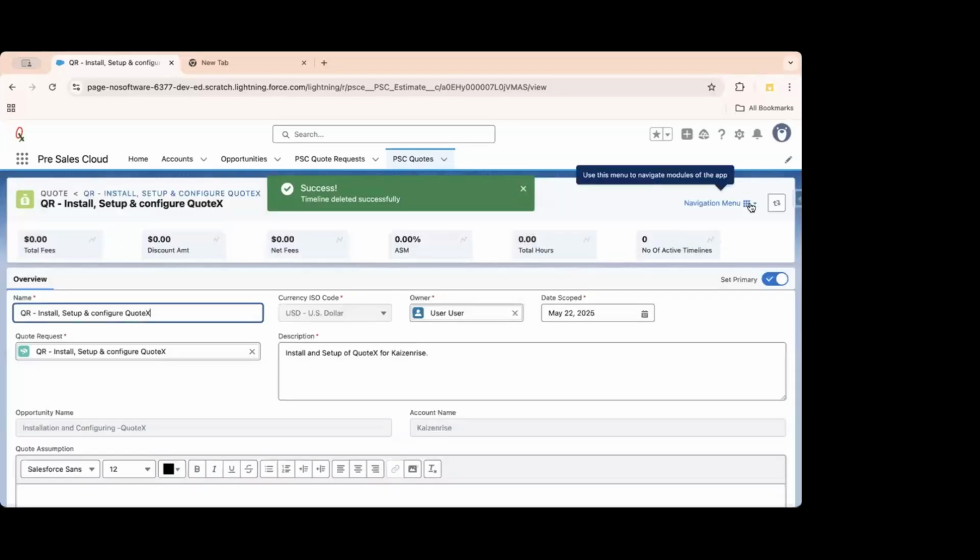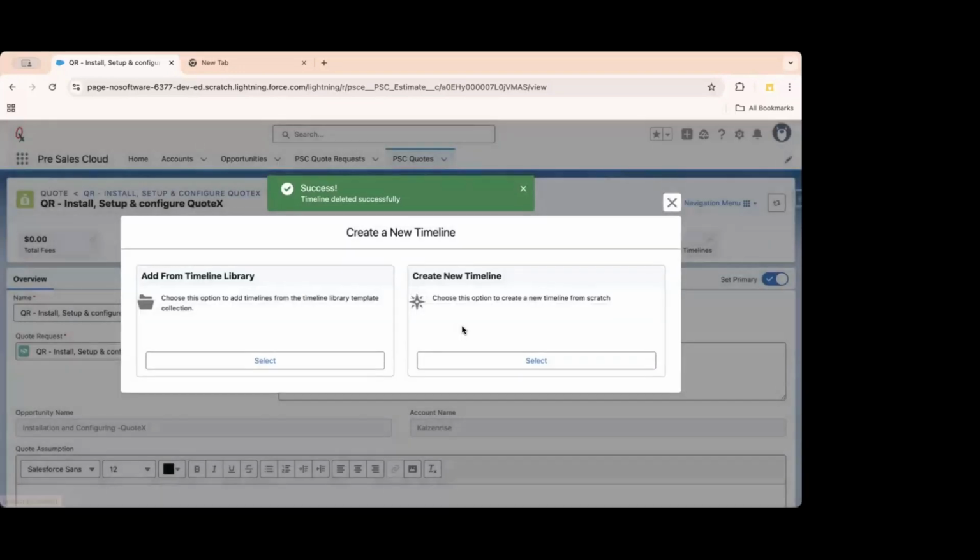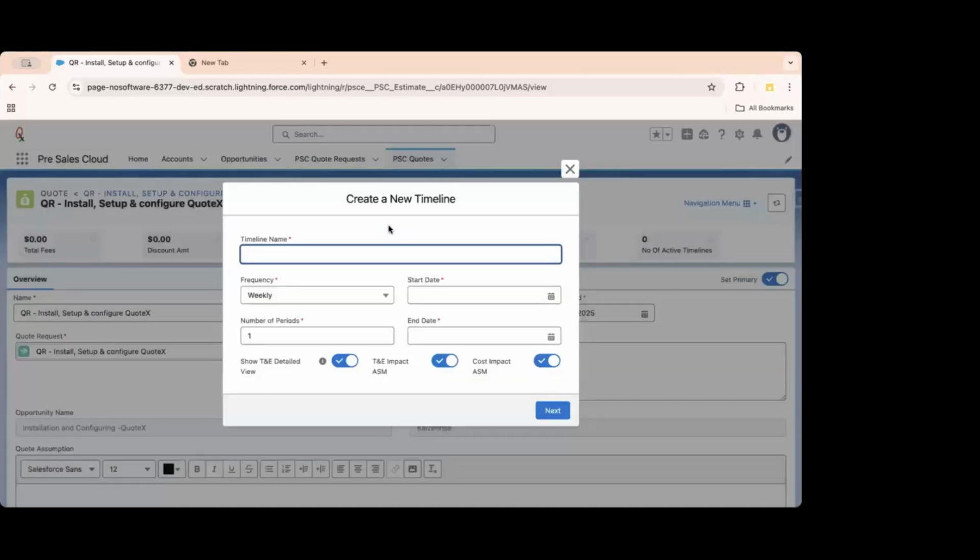So for this code, I wanted to build a timeline that is actually guided by the scope. So let's say